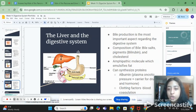So just to go into it, bile is composed of bile salts, pigment, and cholesterol. Cholesterol is a type of steroid. It's a precursor to it. So the type of pigment is bilirubin. And bilirubin is something that's made from the breakdown of hemoglobin. So once hemoglobin is broken down, the bilirubin will go to the liver. It's going to attach to a protein, making it conjugated, and then be secreted to the bile, which will later